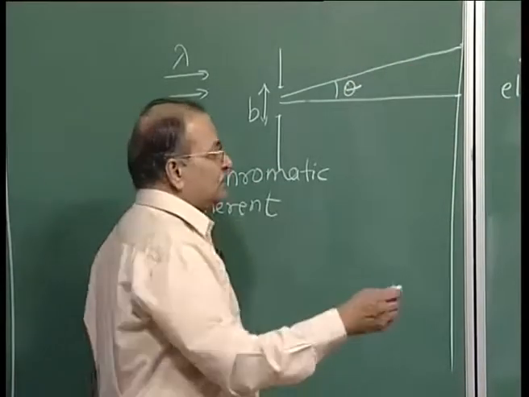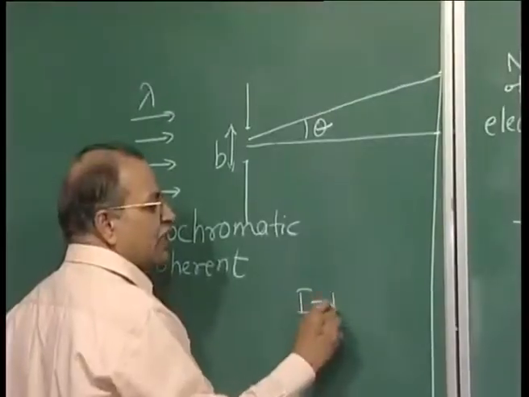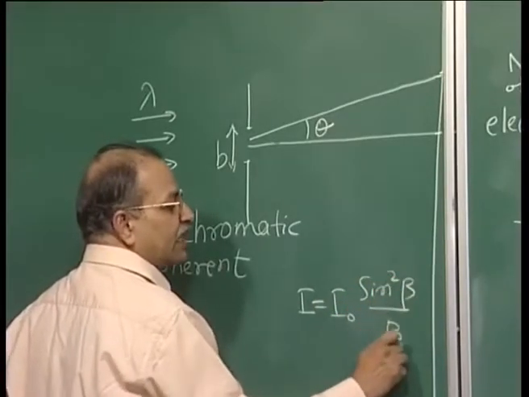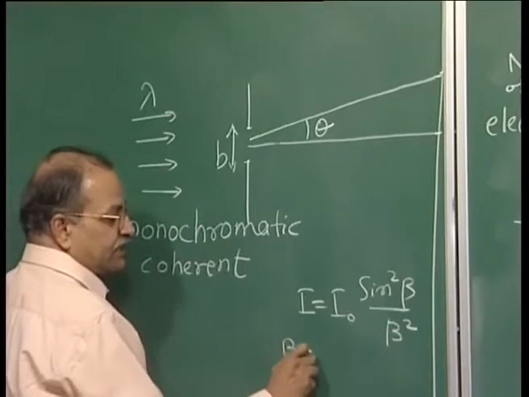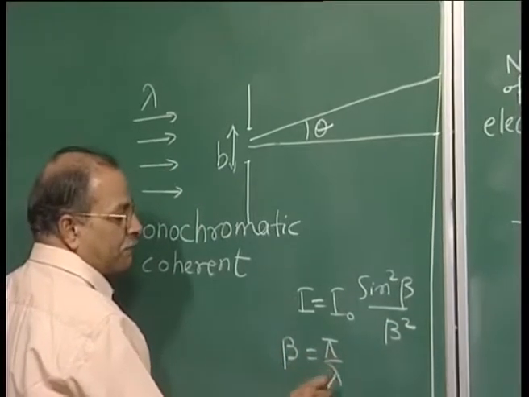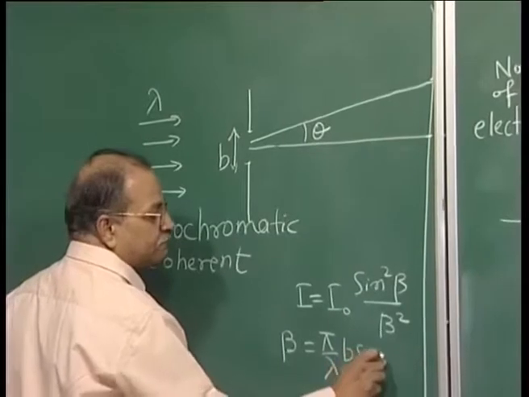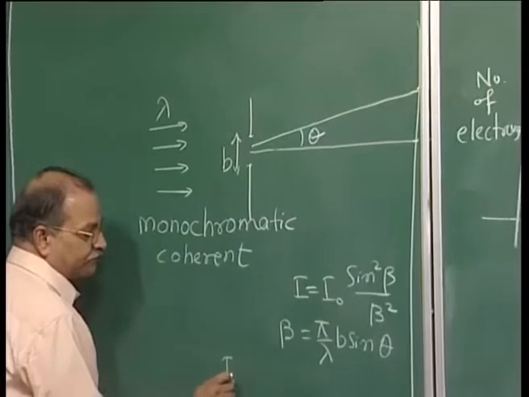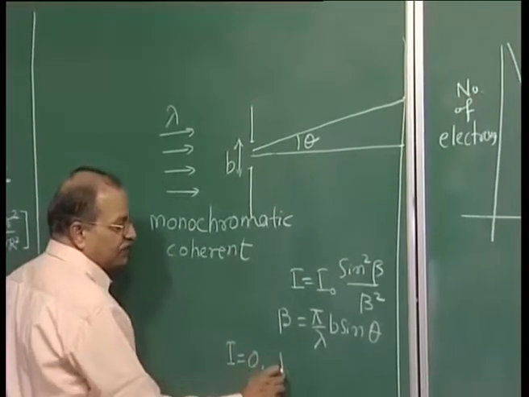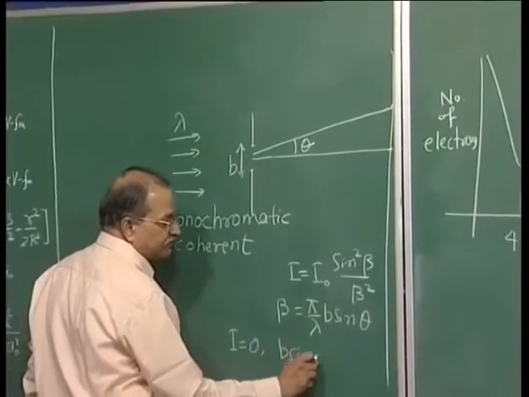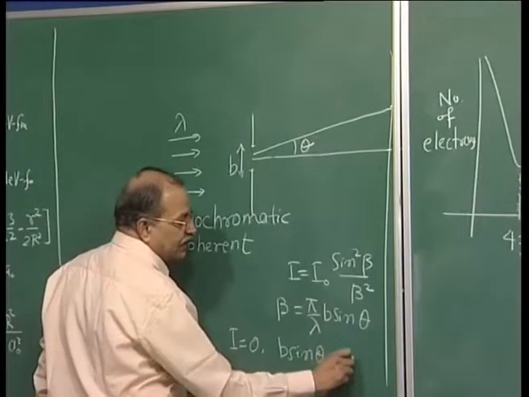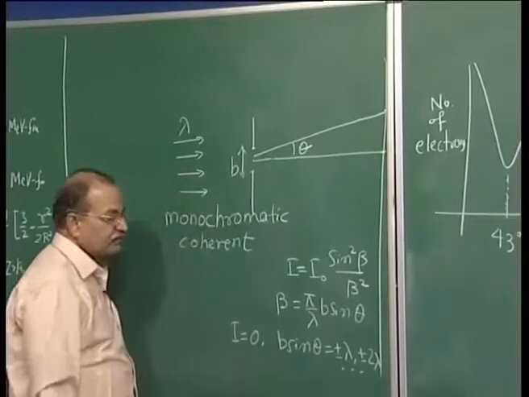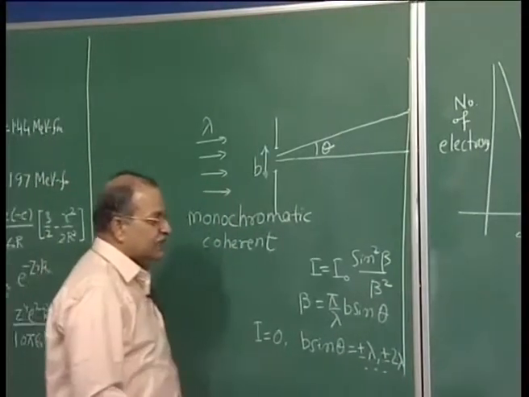So, the equation is I equal to I naught sin square beta over beta square, where beta is pi by lambda b sin theta, and if you do analysis, this intensity becomes 0 when b sin theta is plus minus lambda, plus minus 2 lambda and so on. So, if you plot this intensity pattern,